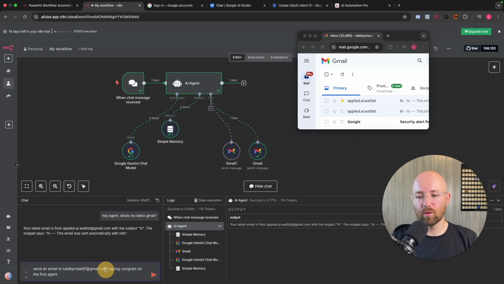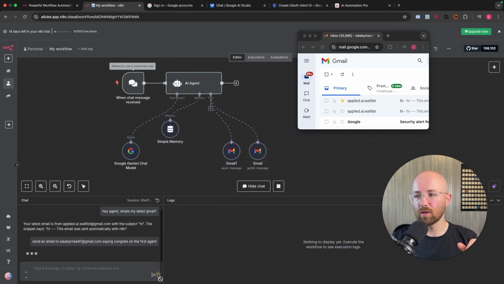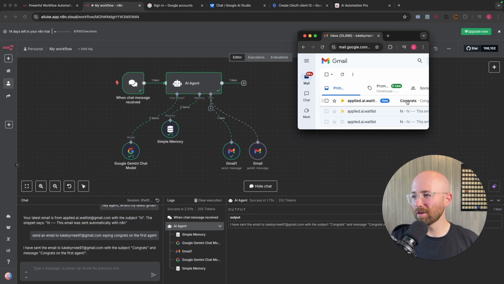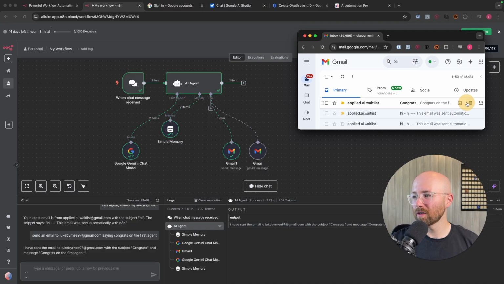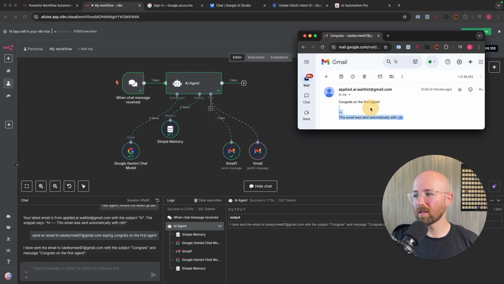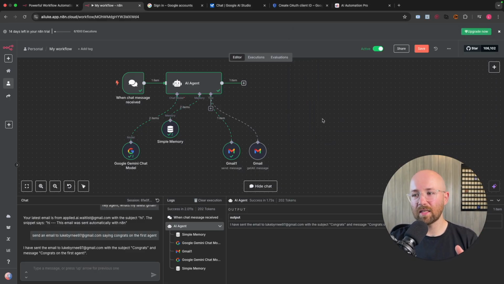Now let's send an email to myself saying congrats on the first agent. And again, the agent will then this time use the send tool. And before I've even spoken, it's already done it. There we go. Congrats on the first agent. Click this open. There we go. Congrats on the first agent. Sent automatically by n8n. So in today's video, I'm going to show you how you can create this AI agent